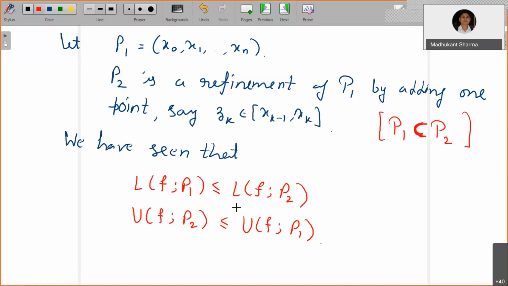Now we note that LFP2 is going to be less than or equal to UFP2, right? Just now we have already shown that the lower sum with the given partition P always lies below the upper sum. So this is certainly less than or equal to this. So what it tells you is, when you consider the sequence of partitions, refining by adding one point each time, what you will observe is